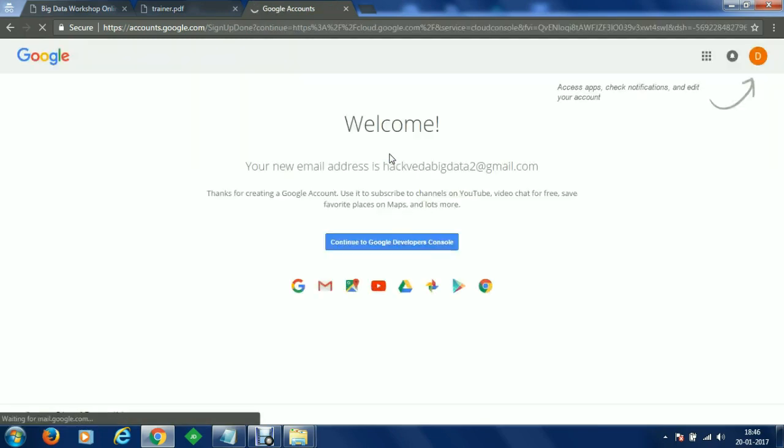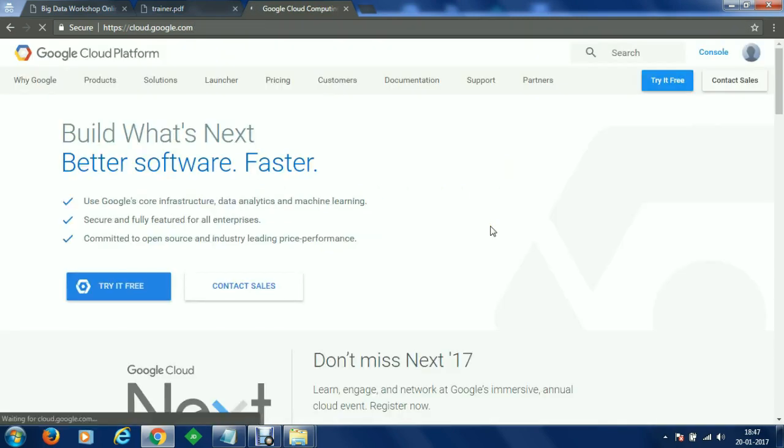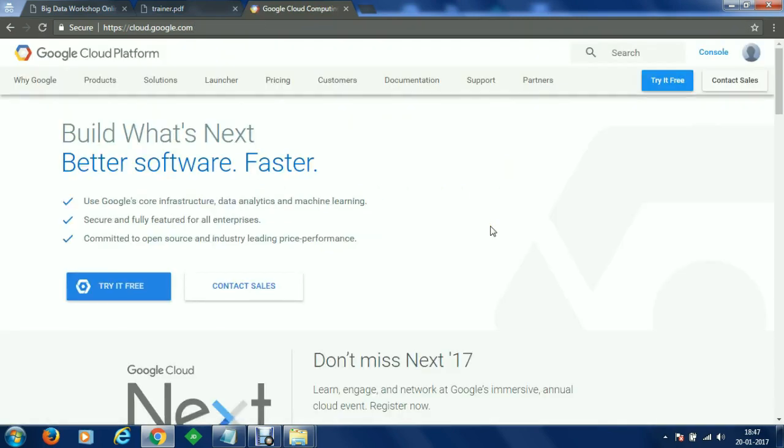As soon as we are verified, now we can move to Google Developers Console. Let's go to Google Developers Console. Here on the console, we would like to get started with Google Cloud Platform. On the top right corner, we have a console.